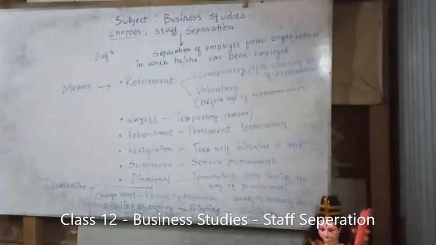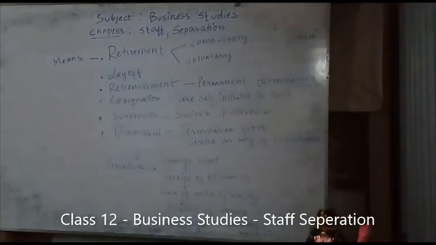Number 2, if you find, I wrote it's layoff. Now, what is layoff? Layoff is a temporary removal of an employee from the payroll due to circumstances beyond the control of the employer. That means the boss has nothing to do. He has to ask the employee of his organization to leave, but this is totally beyond the control of the employer. So this is layoff.